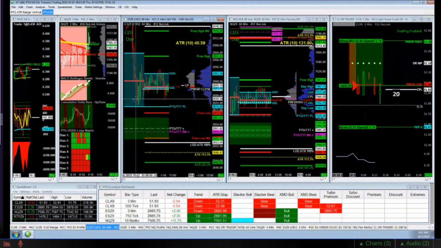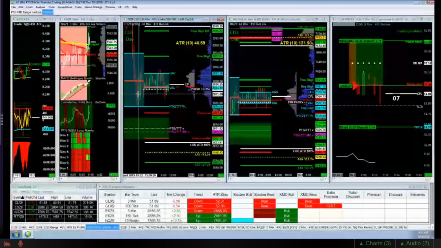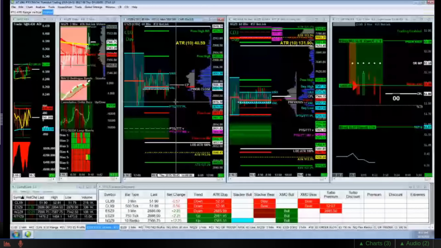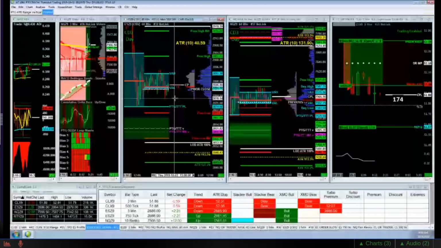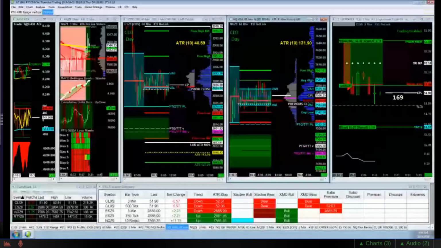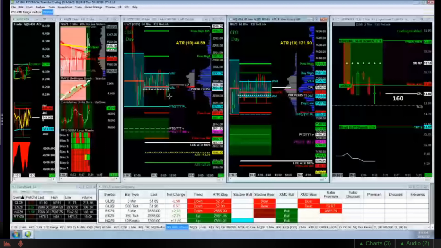All right, as you can see here, there was a response. We talked about that late in the day. Going into the close, we had a buy opportunity there. We discussed with our group after the close yesterday. Rally up here in the overnight didn't really carry too far, and as you can see here, we're just kind of oscillating around that prior close. Same thing for the NAS. So again, early expectations will be for some oscillations here, until the market can find whether it's going to continuation lower.